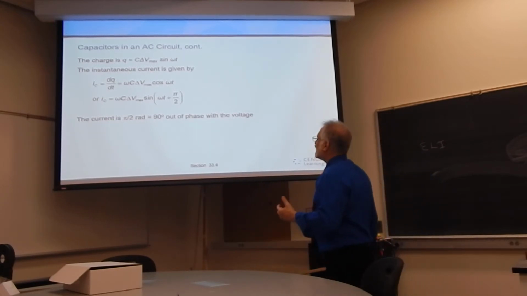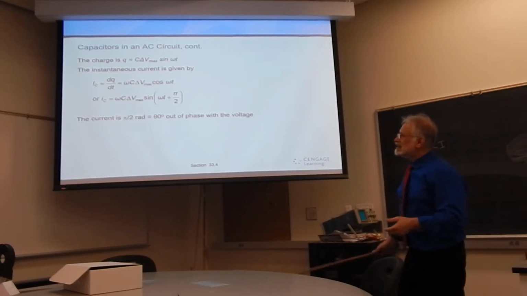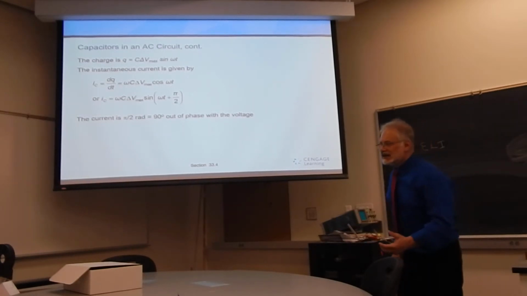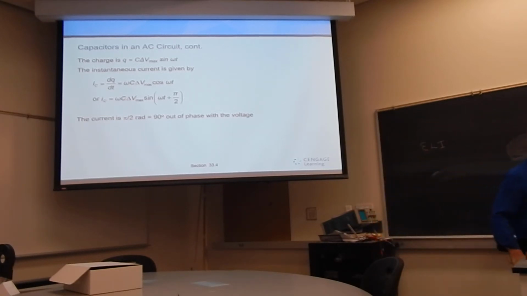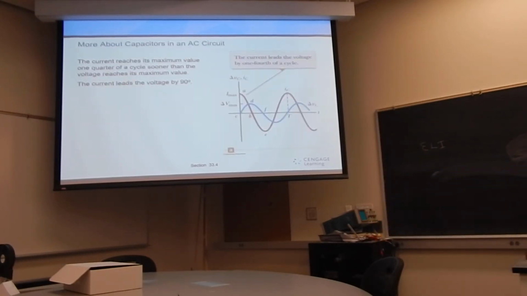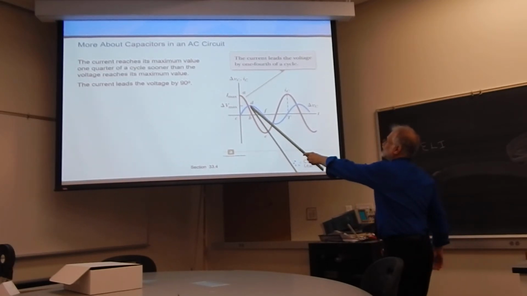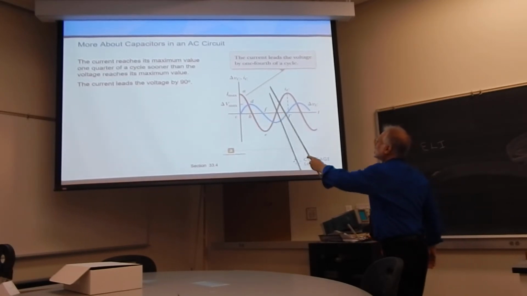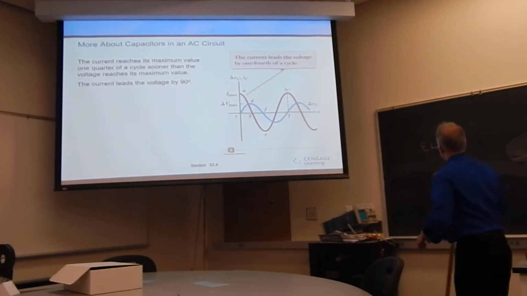And that is to say that the current is pi over 2 radians out of phase with the voltage. Same as the case with the inductor, except for the fact that in this case we're going to see that the current is actually leading the voltage instead of lagging the voltage by 90 degrees. In this case, the current reaches its maximum value a quarter of a cycle sooner than the voltage does. So we say that the current leads the voltage by 90 degrees in the case of a capacitor,